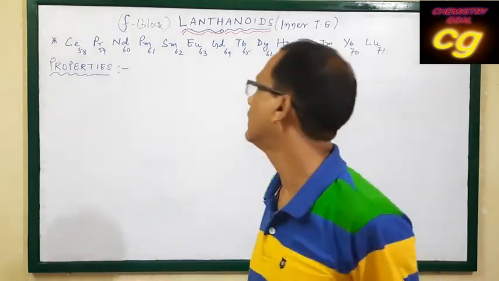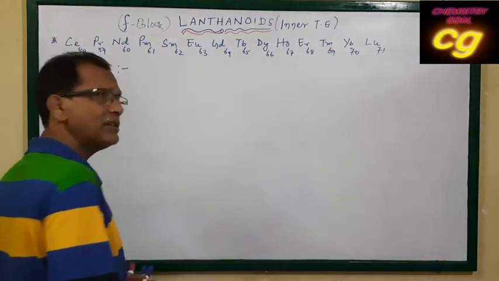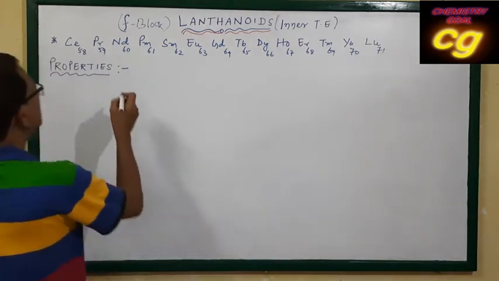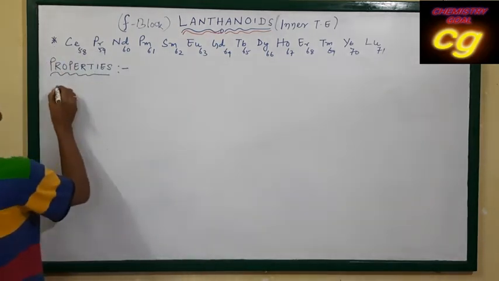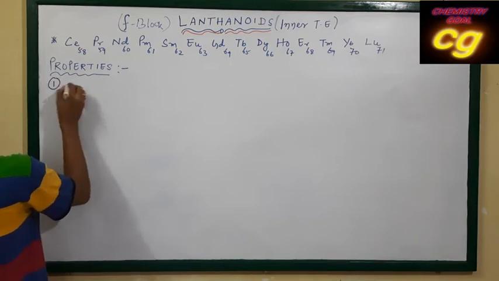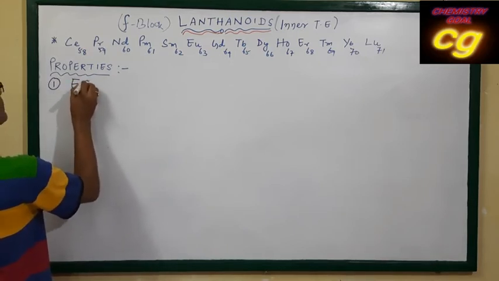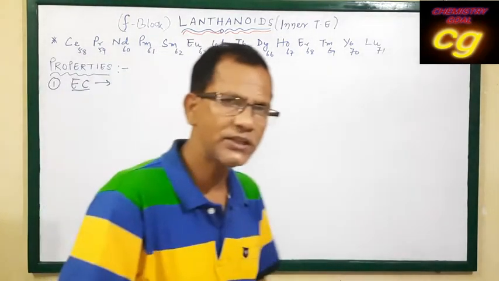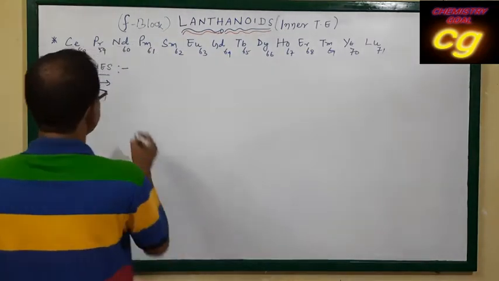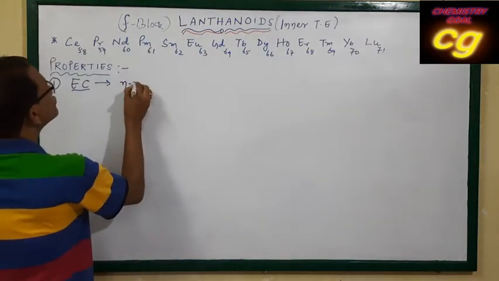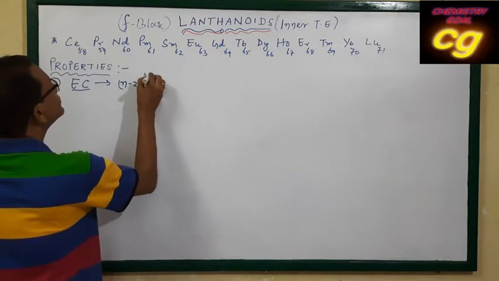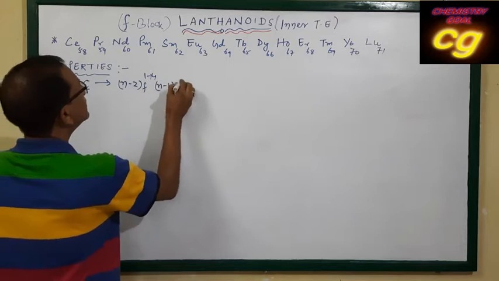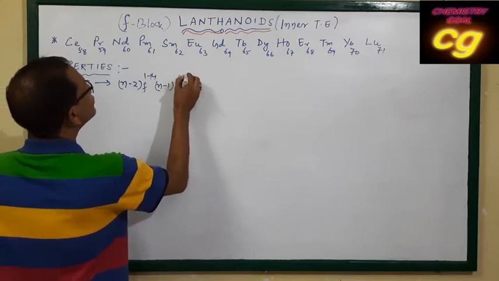The series is called lanthanoids. What are the properties of lanthanoids? Let us discuss. First, we will discuss the electronic configuration. The general electronic configuration of lanthanoids is n-2f 1 to 14, then n-1d 0 to 2,